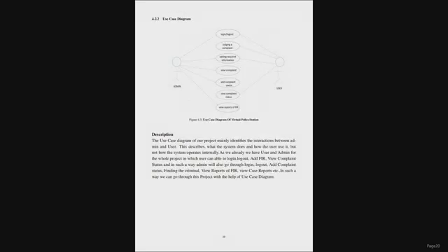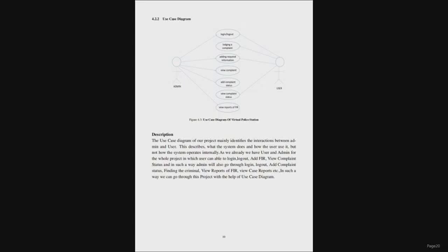Use case diagram of virtual police station. The use case diagram of our project mainly identifies the interactions between admin and user. This describes what the system does and how the user uses it, but not how the system operates internally.